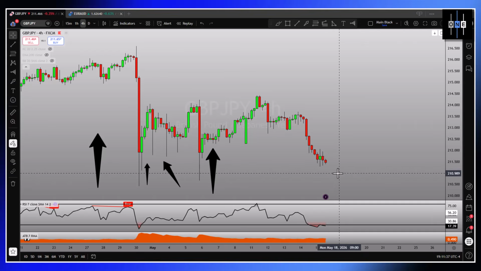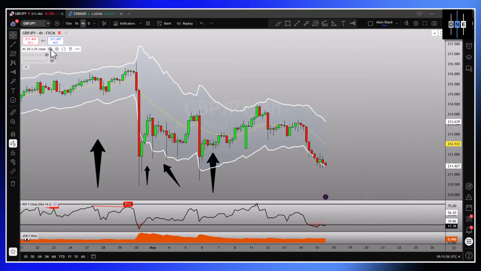Now, of course, I think it's a very dumb idea to just enter this on the open and buy it. You want to wait for your reason for entry. So make sure you have that. But you've got price action in a rejection zone. You've got the RSI massively oversold. You've got, if you were to put Bollinger Bands or Keltner channels on here, you probably have volatility bands, trading